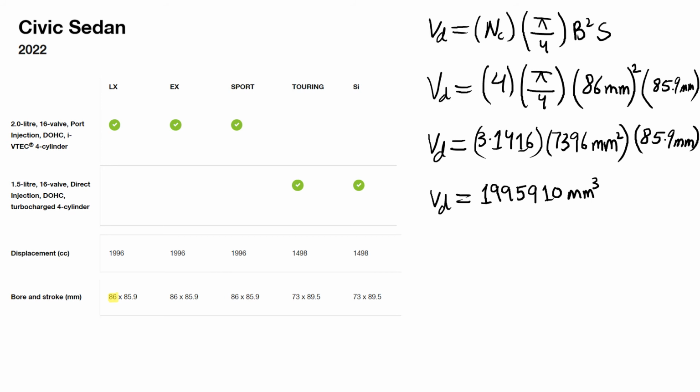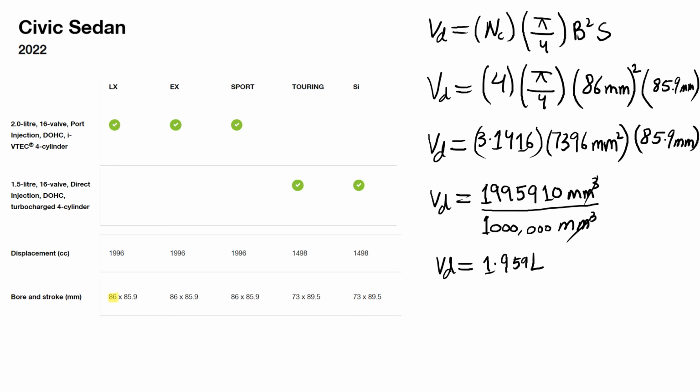Millimeters cubed cancels out. So this is 1.959 liters,